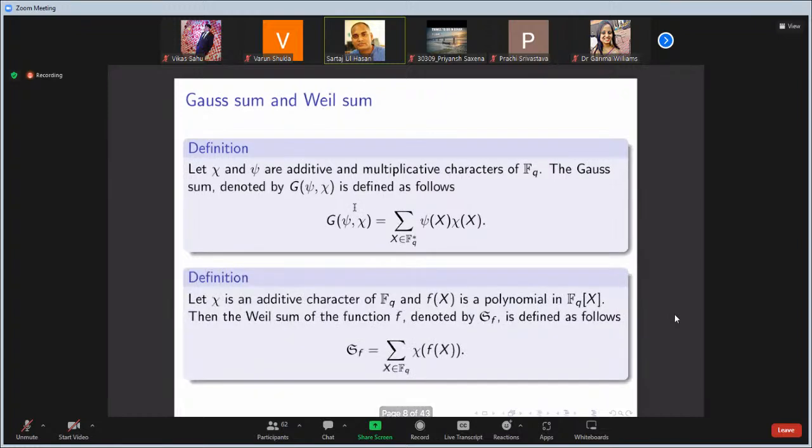Here is the definition of the Weil sum. Chi is an additive character, and f(x) is any polynomial in Fq[x]. The Weil sum of the function f is normally denoted by S_f, and this is nothing but, instead of evaluating the sum at the element of